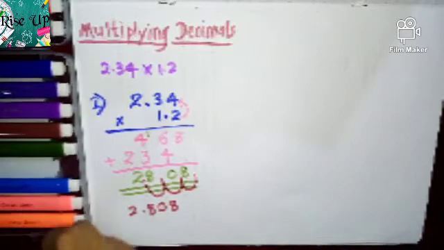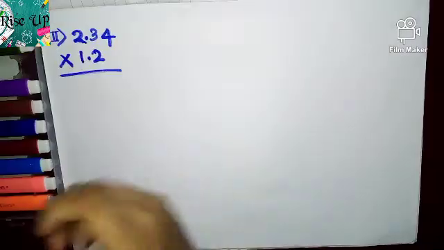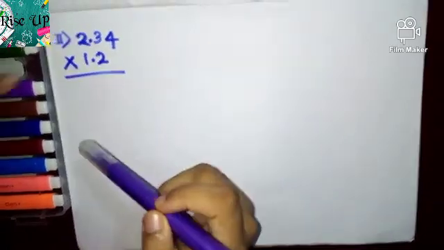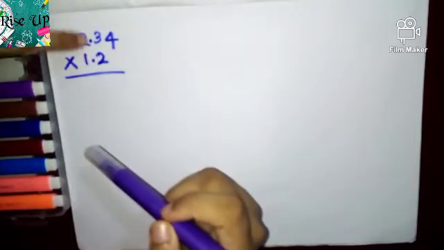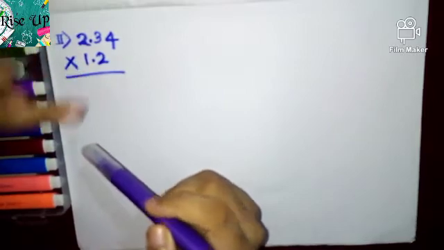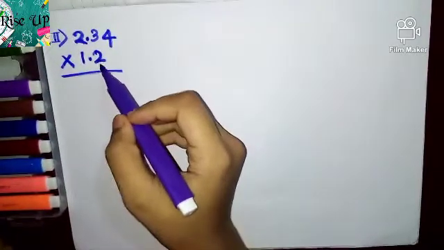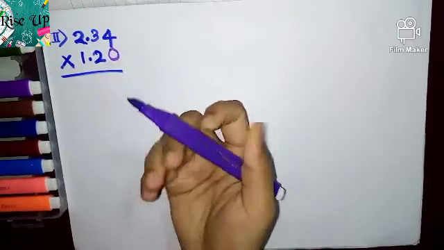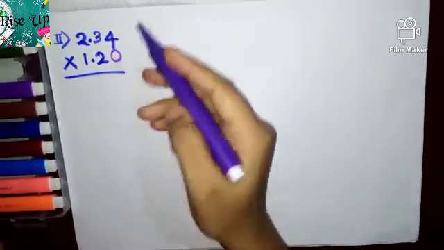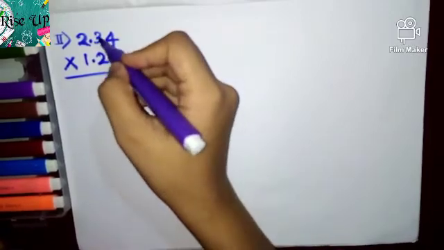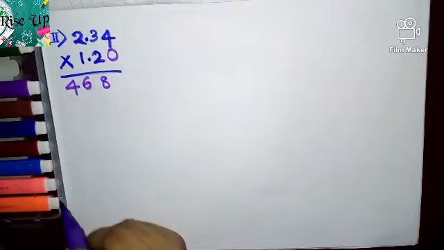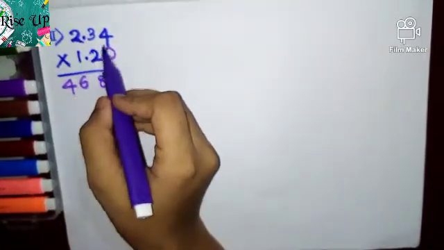Now let's talk about method 2. In the second method, I have written these two numbers in a different manner. According to the decimals, all the decimals are under one line. Here I'm going to multiply. Anyway, this value is 0, you don't actually want to put it. So 2 into 4 is 8. 2 into 3 is 6. 2 into 2 is 4. So we have multiplied the upper numbers by 2.